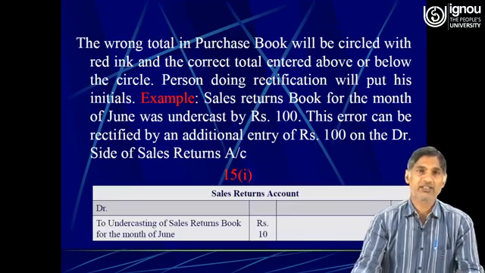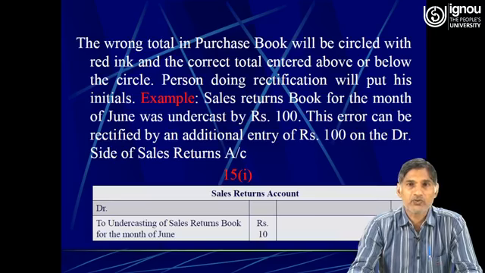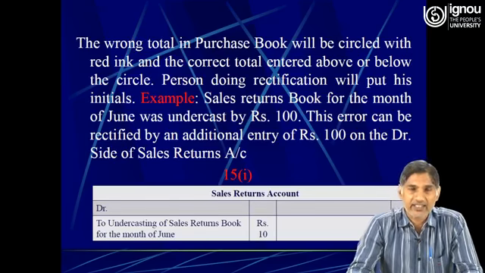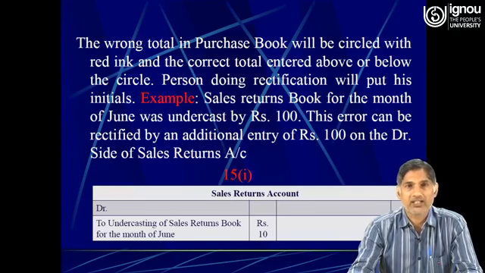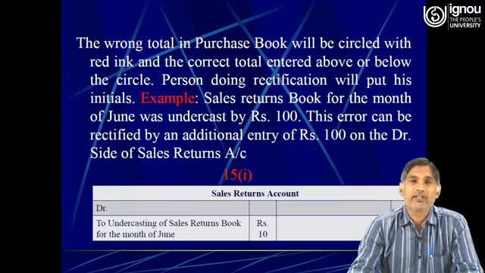The next one is: the wrong total in the purchase book will be circled with red ink and the correct total entered above or below the circle. The person doing the rectification will also put his initials. Next one is